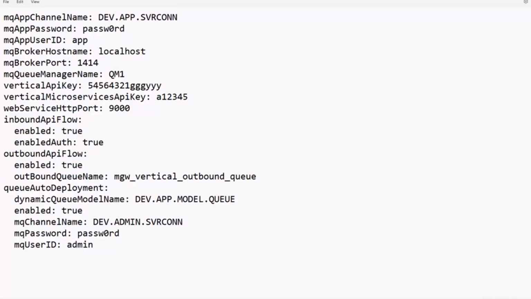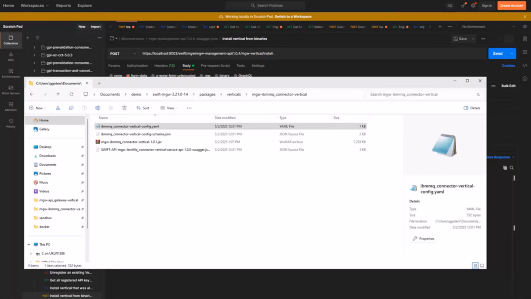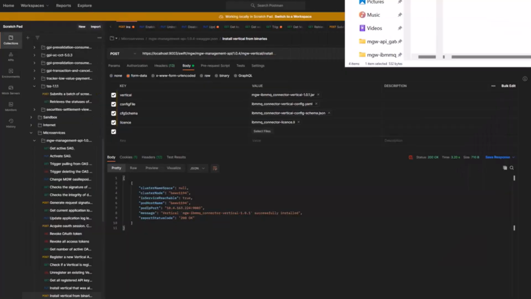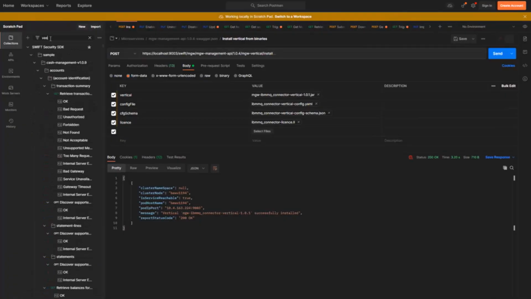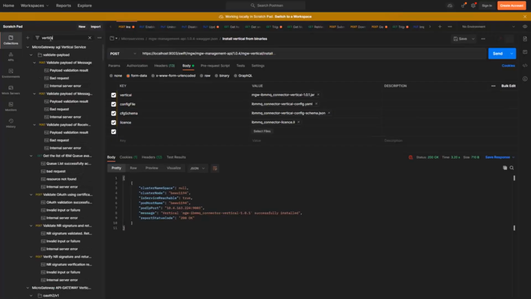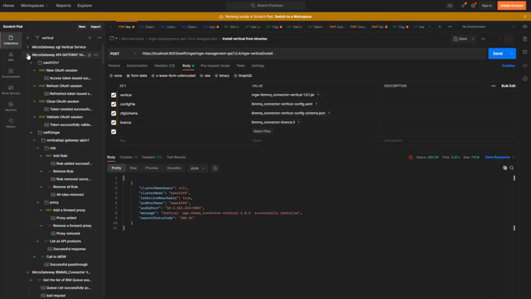That's correct. So let's then proceed with activating this vertical and then discuss what is next. Okay, so let's speed up here. To install the vertical, we have an endpoint called vertical install. If you come here under your Postman collection and type vertical, what you are looking for is an endpoint that is called